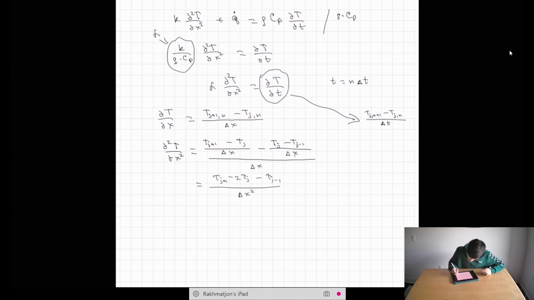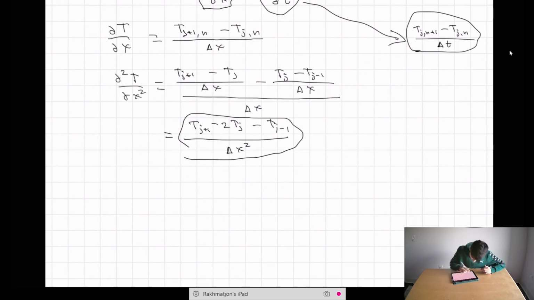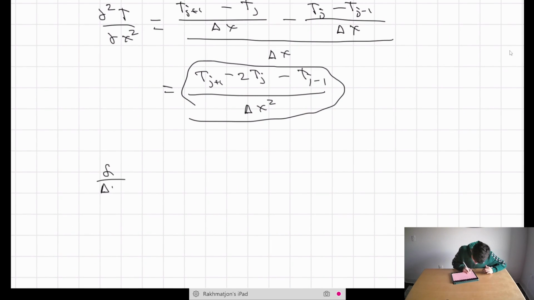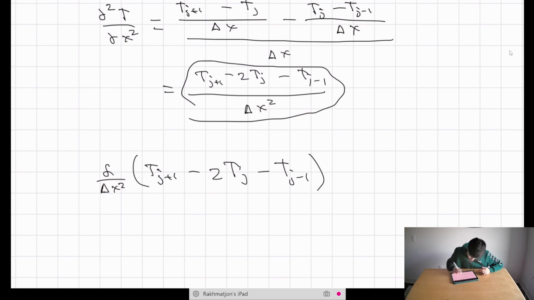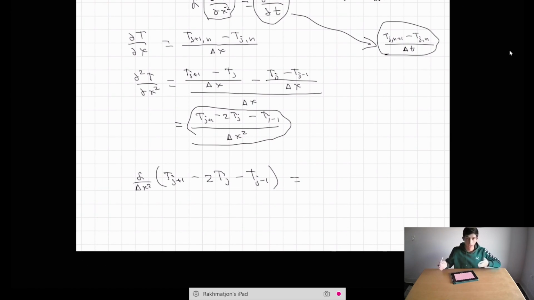So for the second derivative I can substitute that equation, and for the first derivative of temperature with respect to time, I can substitute this equation. So the equation I'm going to have is alpha over delta x squared times T(j+1) minus 2T(j) plus T(j-1), right, is equal to,